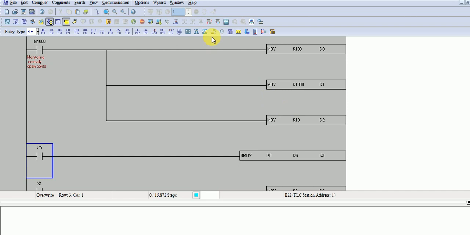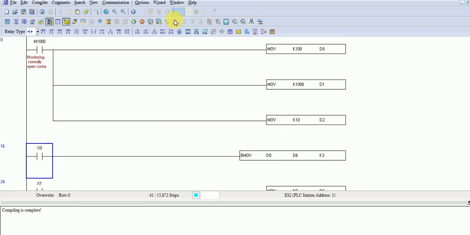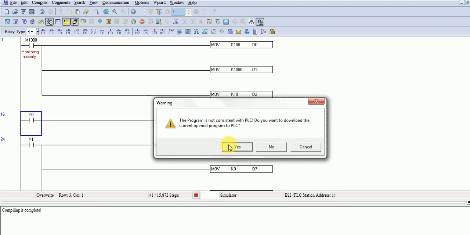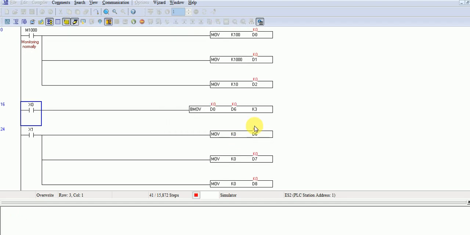Now compile this program, and I also minimize it so you can see. Now I will simulate this program and run the PLC.